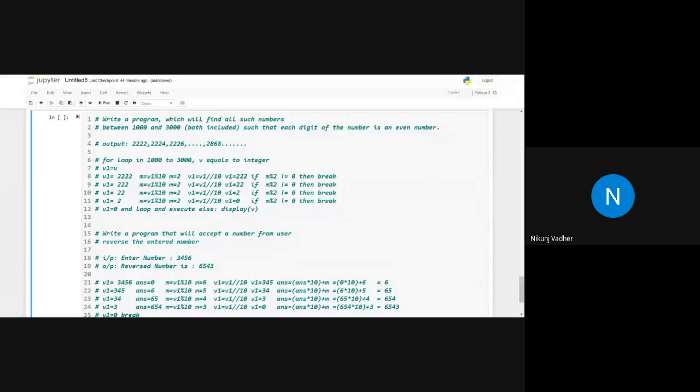Someone is just trying to join. If he is from our class, then you can tell him that he must join using the Institute email ID.